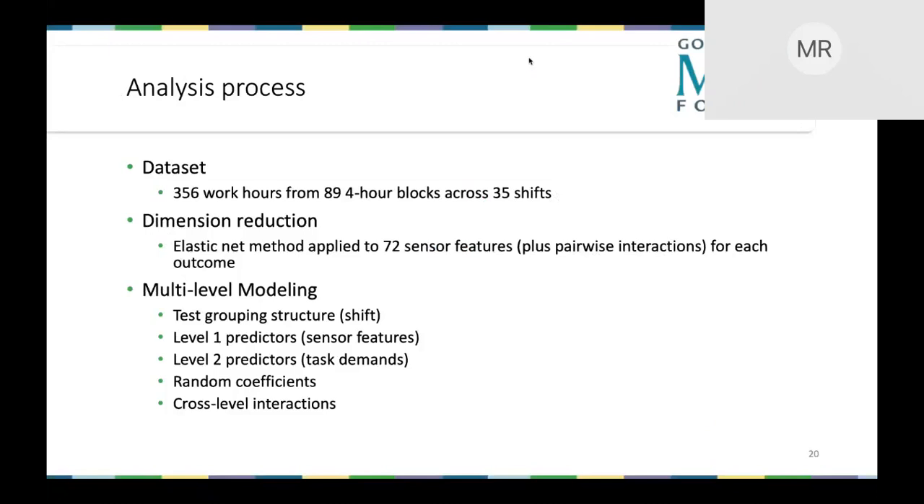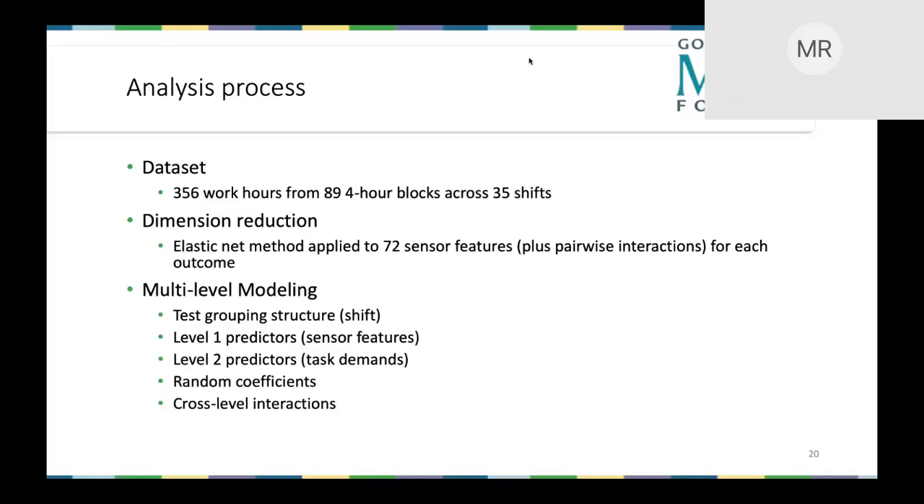You have a lot of indicators of the outcome, which in our case is perceived mental and physical exertion. You don't want to overfit that model, so there are ways to do that from the data science world, at least to some extent. And then we use multi-level modeling to look at within shift variance in that experience of workload, and between shift variance in that